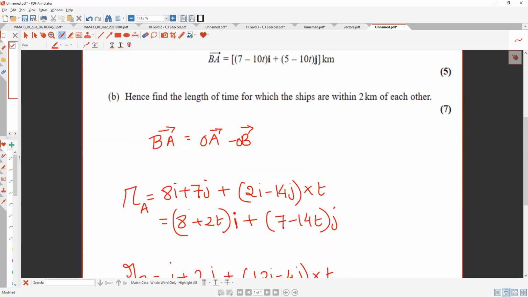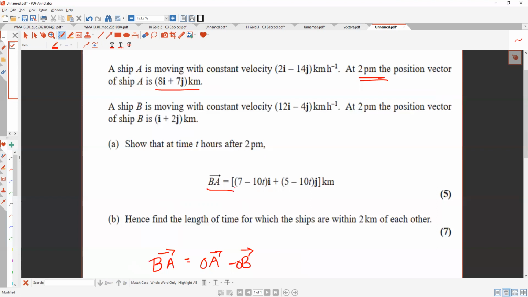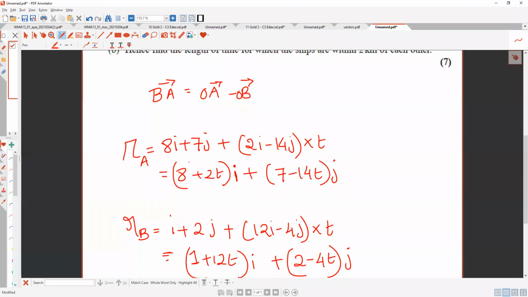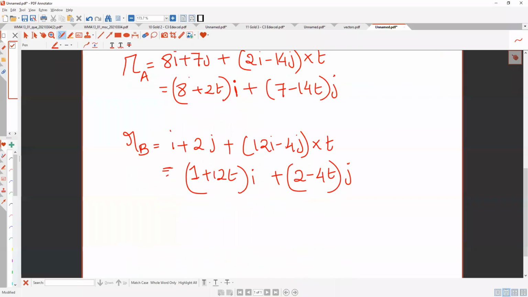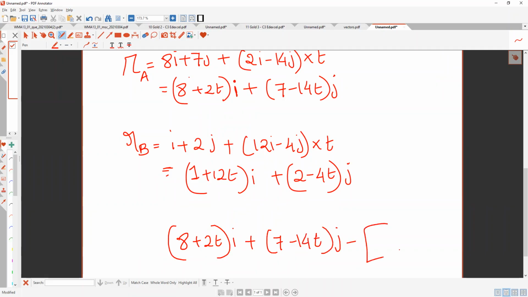What did I say BA stands for? You know what this BA means? It means displacement between A and B or B and A. It doesn't matter whichever you take first. Understood? So the displacement BA is going to be A minus B. So what is my A? (8 plus 2t) i plus (7 minus 14t) j, minus B. It's going to be (1 plus 12t) i